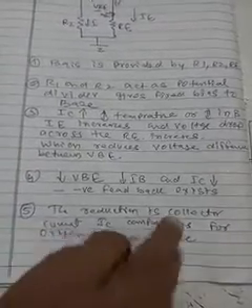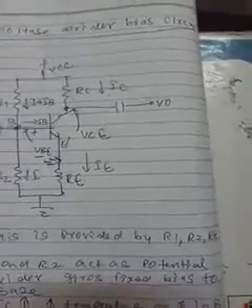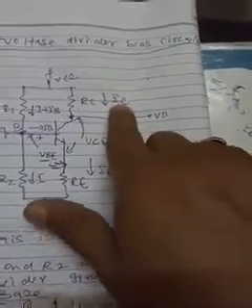So now what we have to do? How much is the reduction in IC? That change or reduction in IC we have to compensate to get the original IC. If the IC is changed here, how much change is there? That change we have to compensate so as to get back to the original IC. So that is the point here. Please remember. Now we have to simplify the circuit.